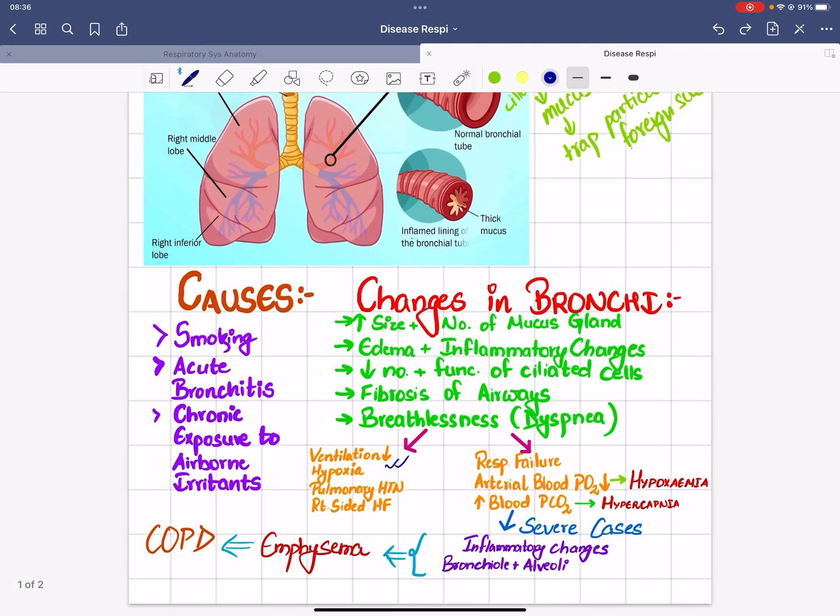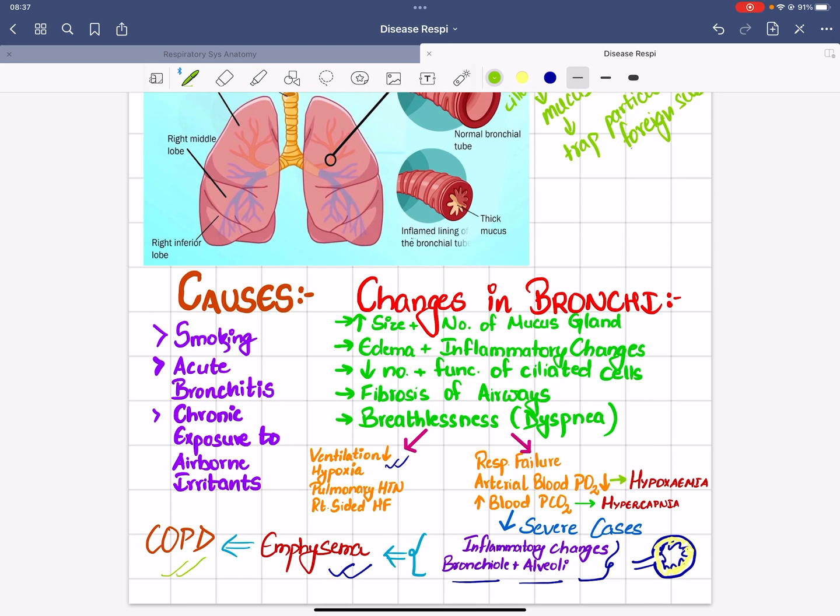And because of this, in severe cases, we have seen that the inflammatory changes further spread into the bronchioles and the alveoli, resulting in emphysema. When the inflammation spreads into the alveoli and they become inflamed, this condition is known as emphysema. Finally, it results in COPD, the chronic obstructive pulmonary disease,